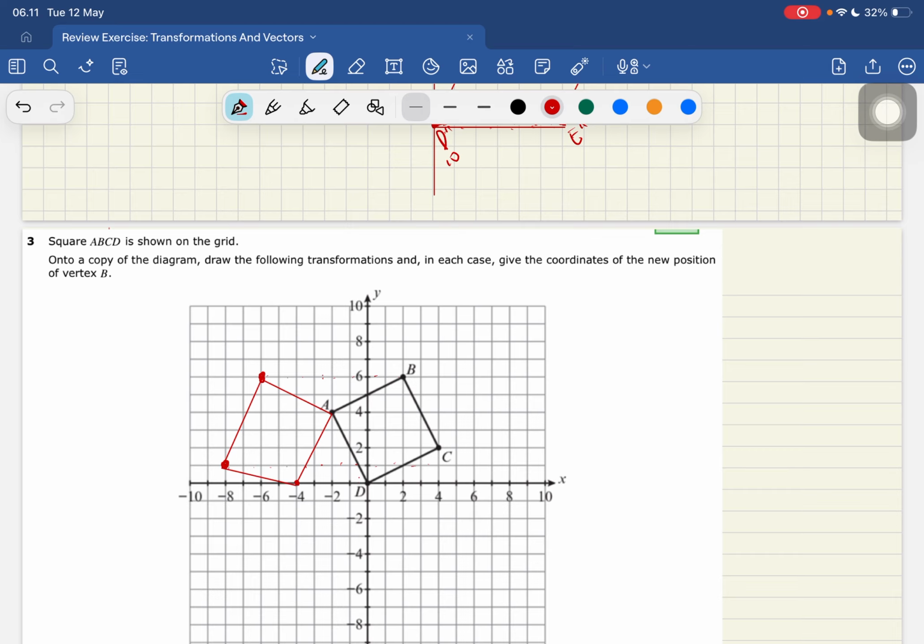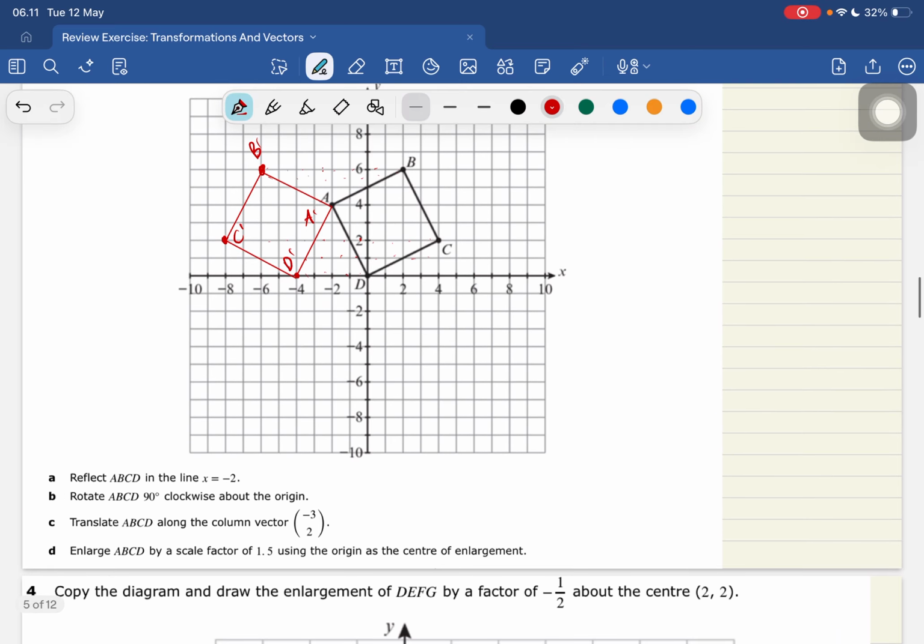Let's check it again. 2 to the mirror line, here's 2 to the mirror line. 1, 2, 3, 4 and 1, 2, 3, 4. Okay, here it is, the C. 1, 2, 3, 4, 5, 6, supposed to be here. We connect it, and yeah, this is the square. So here is A invariant, B, C, and D.